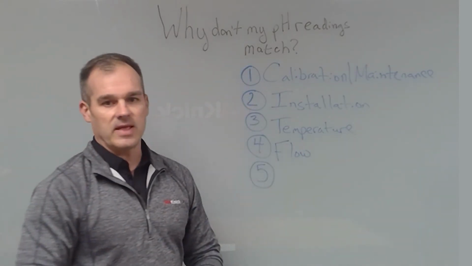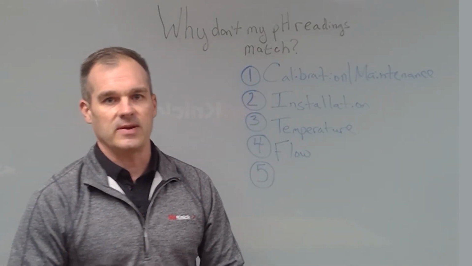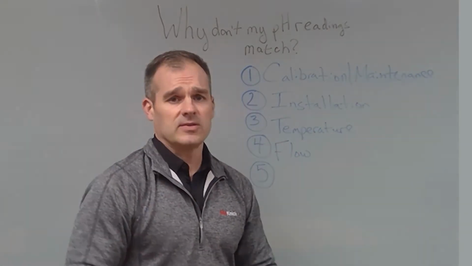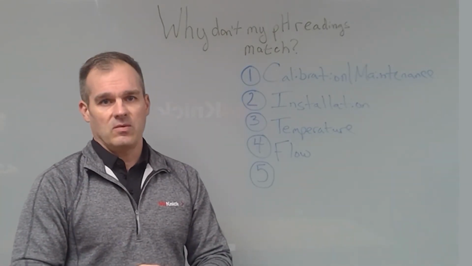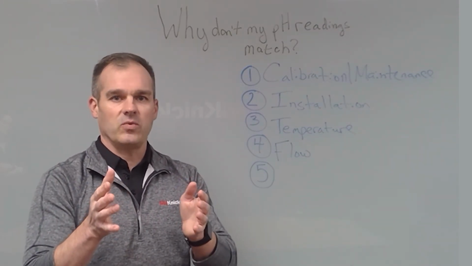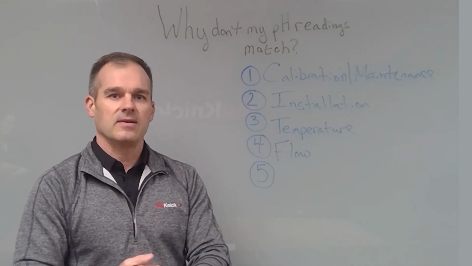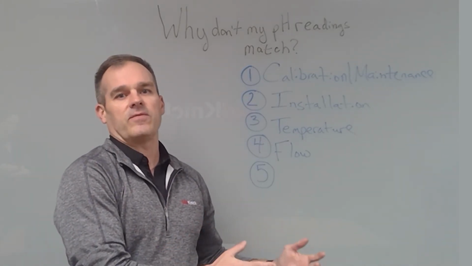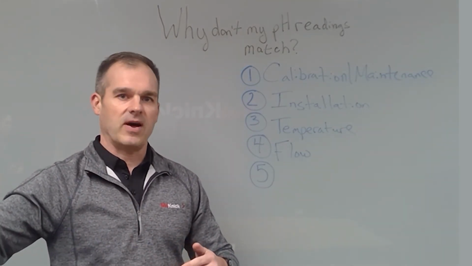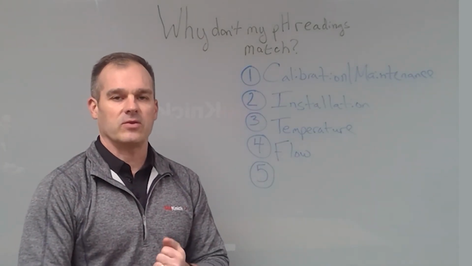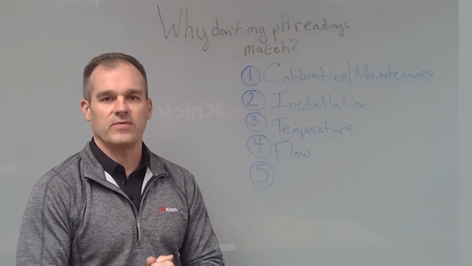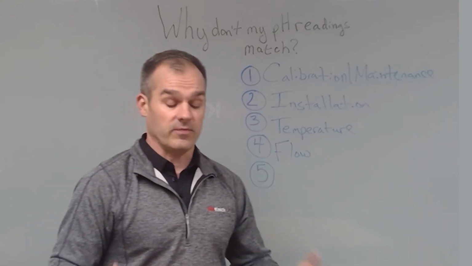So obviously, if you're using a laboratory measurement or a portable measurement, you're not going to be in the flow of the stream. So typically, we look at flow speed when we're talking about impact on accuracy with regard to pH measurement. We're targeting a flow speed of between 5 and 6 feet per second. If you get slower, it doesn't typically affect accuracy as much. Slower than that typically allows for buildup. It's when you get faster than 5 to 6 feet per second, it can actually affect the electrical potential of the sensor, thereby causing what appears to be inaccurate and sometimes drifting readings. So be aware of the flow.